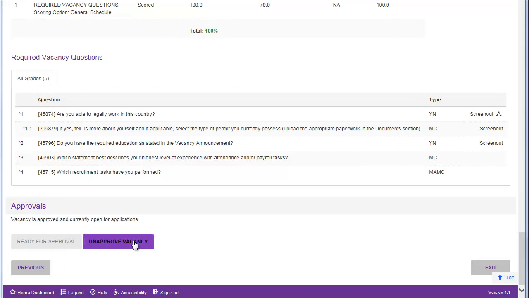Approving the vacancy will automatically send the announcement to the country's specific seeker site. HROE would like all HROs to approve the vacancies unless the HRO designates this responsibility to the vacancy creator. Also, when the vacancy is approved, the announcement status will change to Open, which you can view on the announcement summary page. If you click Unapprove Vacancy,